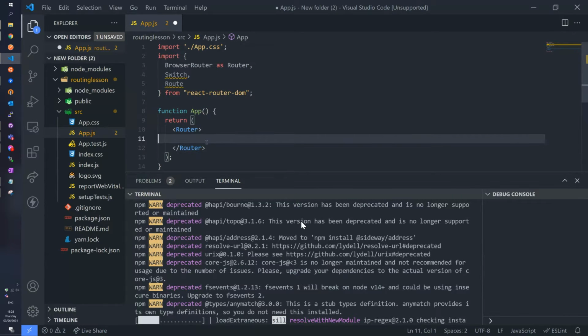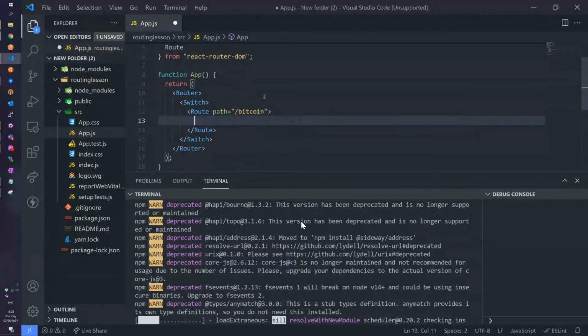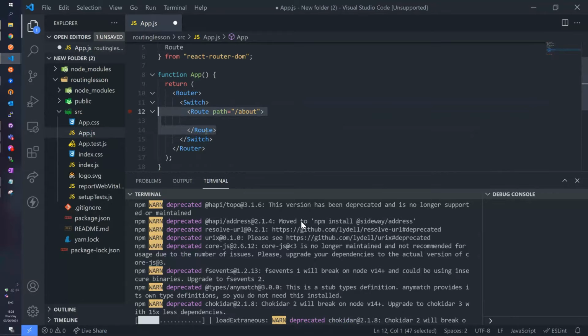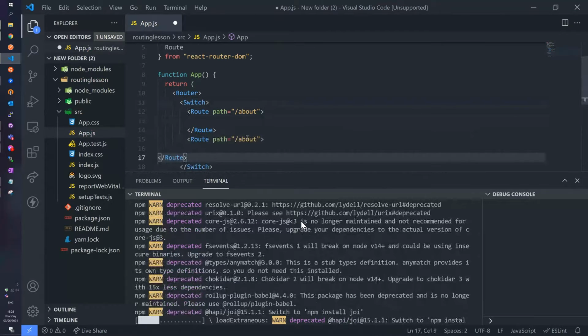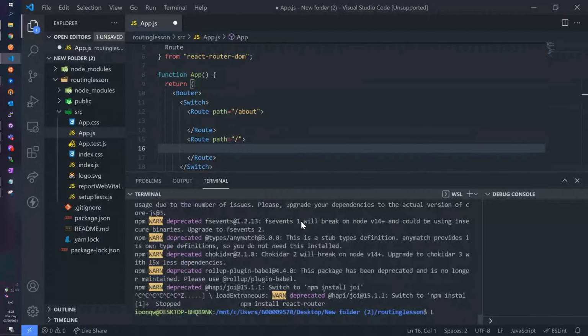And what I do here inside the router, I have a switch. Don't ask me why specifically it's like that. That's how someone decided it's the way to do it. And now we're going to start with the first route. So you also open and close it. And this will be, let's say, an about page. And we're going to have another route, which will be just a slash, meaning like the main web page. Yeah, also, this is definitely not looking right for some reason.